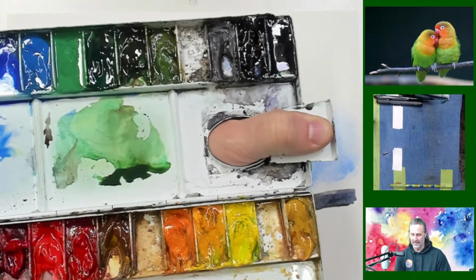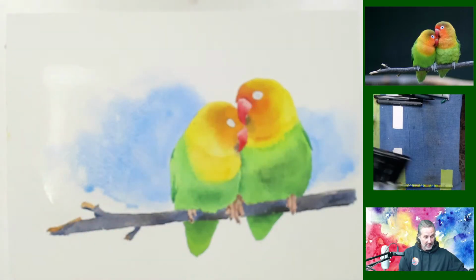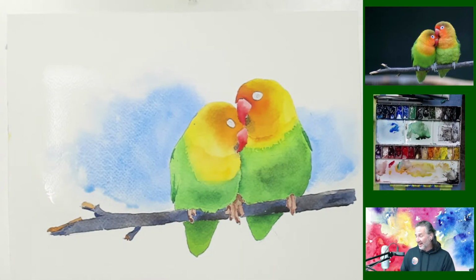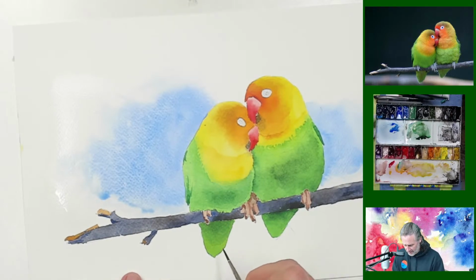So you can put your finger on there. It's got some nice grip on there and you can hold it. Well, the Holbein, being a brand name in the art world, the Holbein palette cost about, I don't know, $60. Well, I don't want to pay $60 for it. So I started searching and trying to find a similar palette that was not nearly as much, and I found this one. I found this one on Amazon, and I tried it out, and what I found was that I very much